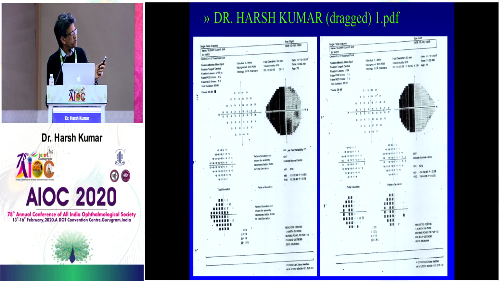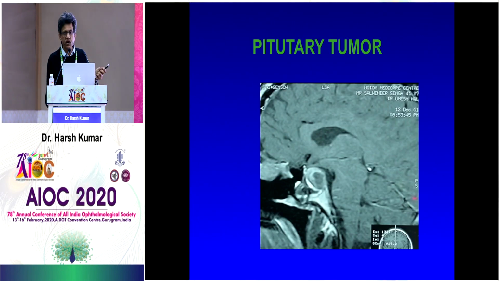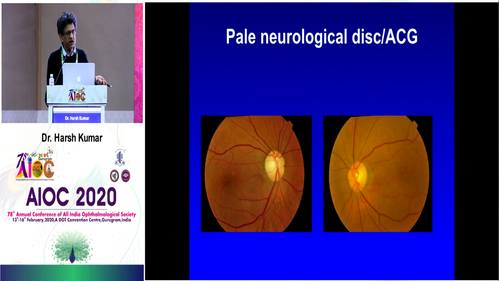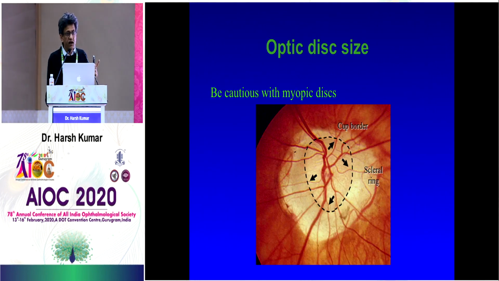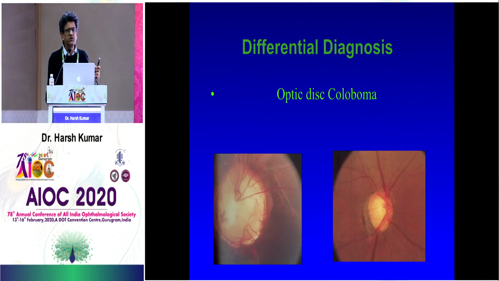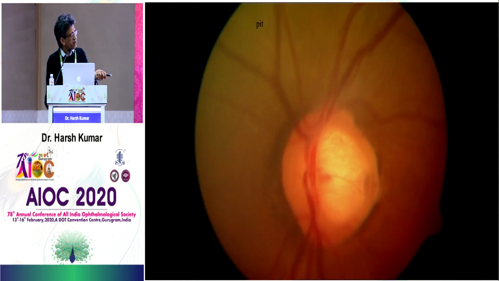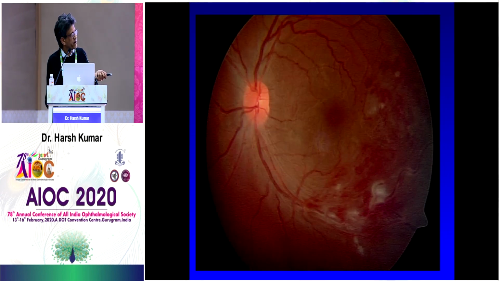Any of these things could be there. And this is a theoretical question again. And then you do this and you find out that yes, something is wrong somewhere, either in the pituitary or somewhere else, and we were dealing with a neurological disc. Pale, again I told you, try angle closure also in that. Optic disc size, again, sometimes in myopes, it is very, very difficult to really make it out. So that is why a lot of myopes are confused with glaucoma when they actually don't have glaucoma. Coloboma we have already shown, we have seen the pit also, and we were already talking about that many times. What happens is, always examine by dilation, always.